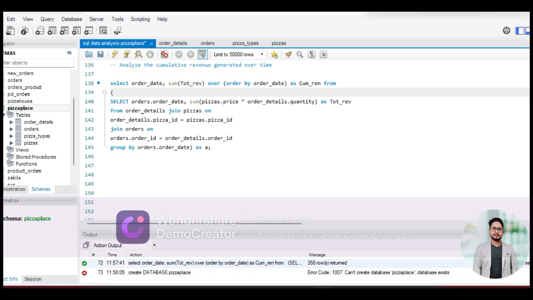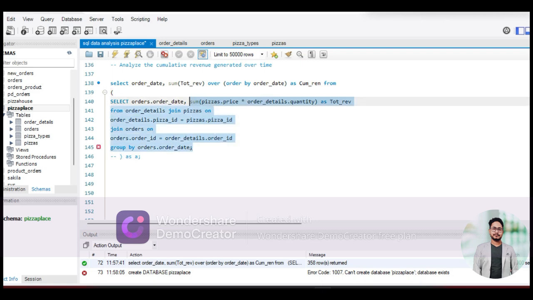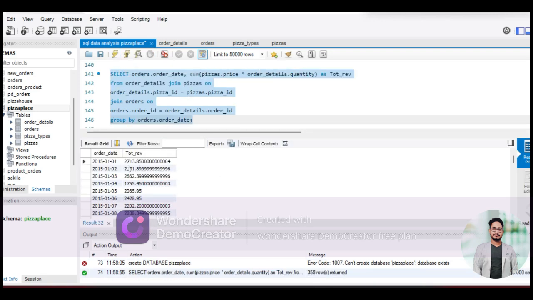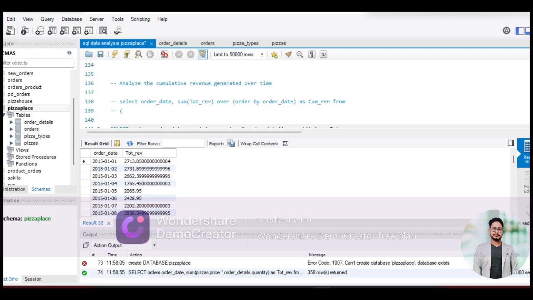Okay, so we have to do this. Let's see the output and the difference. If we don't use the cumulative revenue, we have the total revenue of each day. The 1st of January it's this, the 2nd of January is this. But if we use the cumulative revenue,